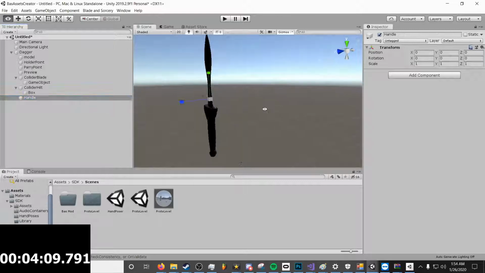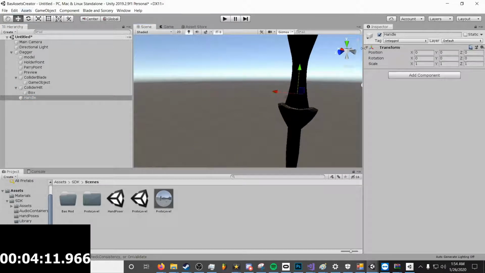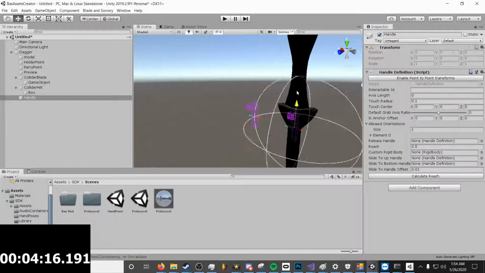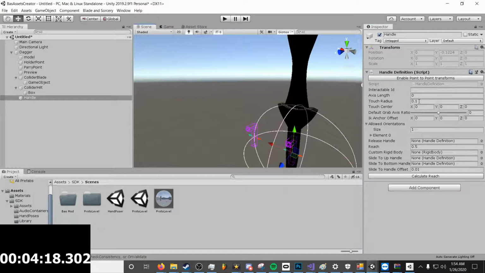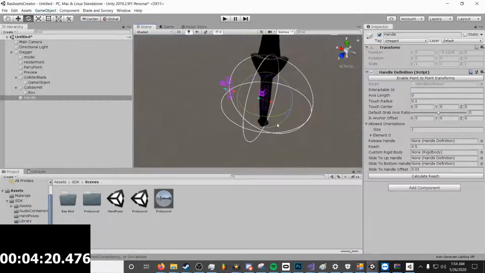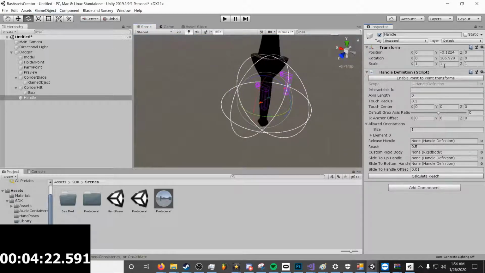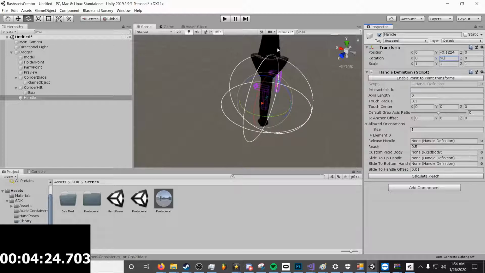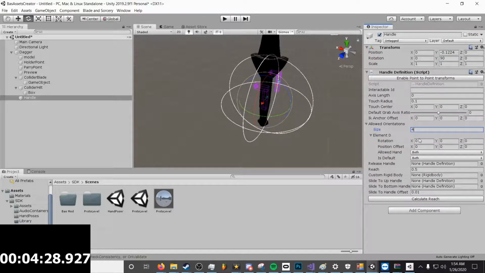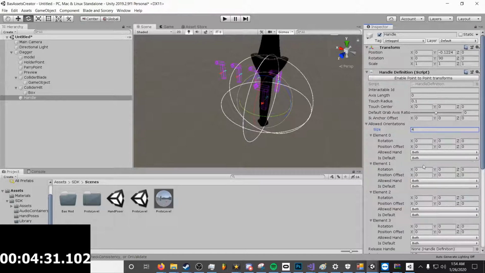And now we make a handle definition. So make a new game object, call it handle, add a component called handle. You don't really have to worry about the ID, just make sure that it's facing the right way. Now the way to tell is it's kind of shaped like an upside down L. And if you hold it out in front of you, the L is kind of pointing in the direction of